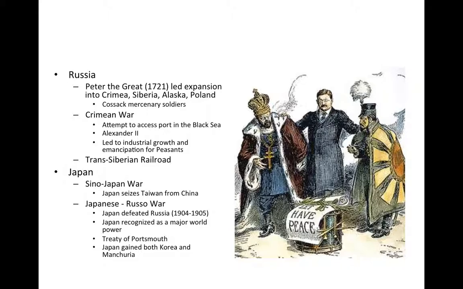So again, examples of expansion. Pretty much by the end of Peter's reign, Russia has expanded, but to control this expansion, the Russians are going to build the railroad. The Japanese are expanding after the Sino-Japanese War and the Japanese-Russo War. After the Japanese-Russo War, which was again considered a draw, Teddy Roosevelt outlines a peace treaty that actually ends up giving Japan Korea and northern China, which is known as Manchuria. So that's a win-win for Japan.